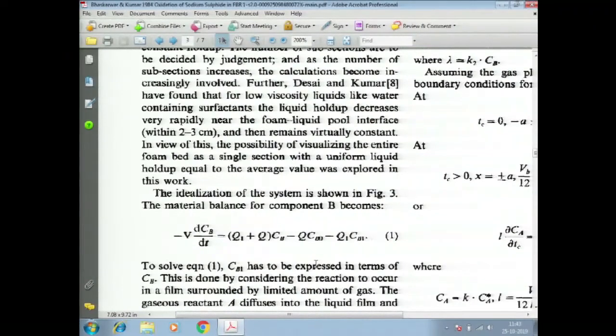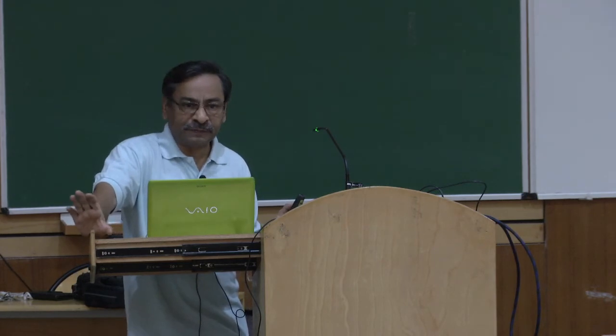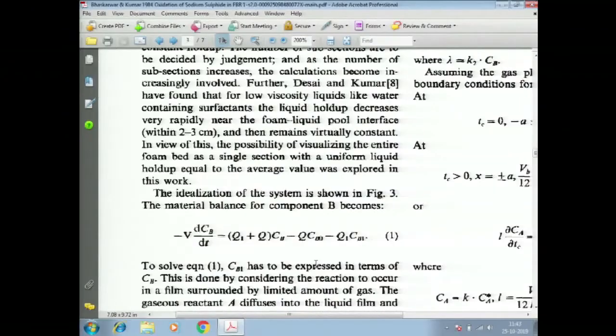Now, this balance is nothing but the same thing as accumulation equals input minus output, but written in the negative sense. I am writing minus V dCb by dt. I am expecting there will not be a change in the volume of the storage section. If we have steady state, the same flow comes in and goes out, the same flow goes out and comes in, right.